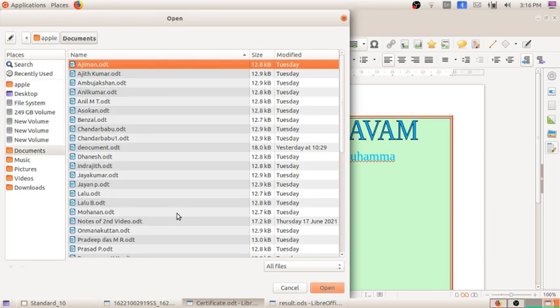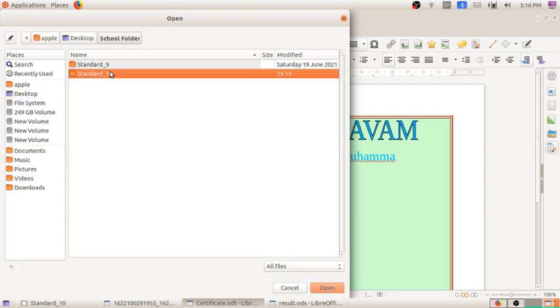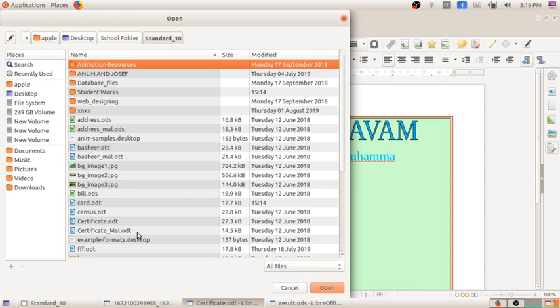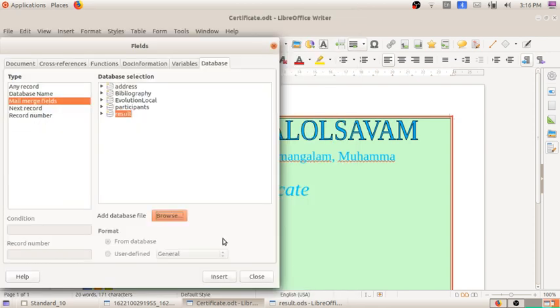Browse the list. How? From the school folder, browse the list. In the school folder, standard 10, you can see the result file, results.ods. Open that. The result appears here, sheet 1, and I have to add the required fields here.